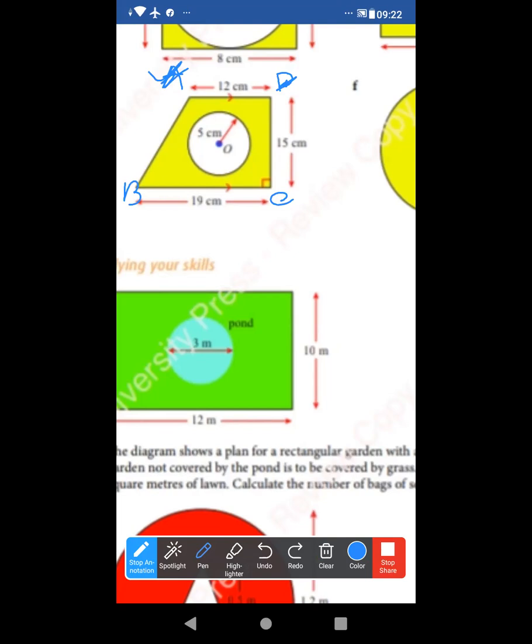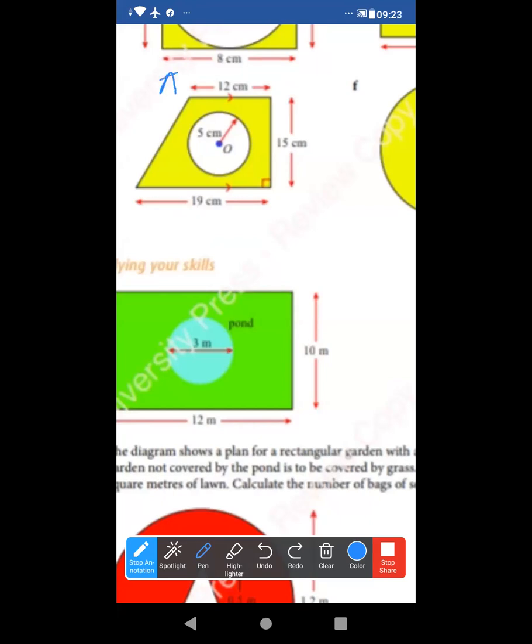Suppose you are not giving the name. Okay, no problem. Then you have to always write area of the trapezium is equal to this, or area of this figure. As there are so many figures, if you give the name, then you can easily write just area of the trapezium ABCD, and it will be easier to solve. Understood? Clear? Yes, ma'am. If you don't mention it, it is not mandatory, but if you mention it, it will be easy for you.